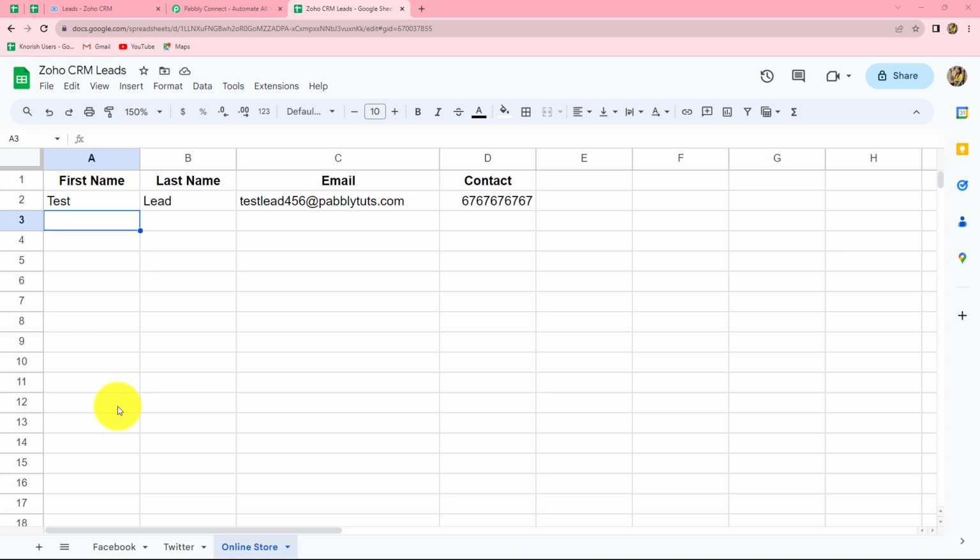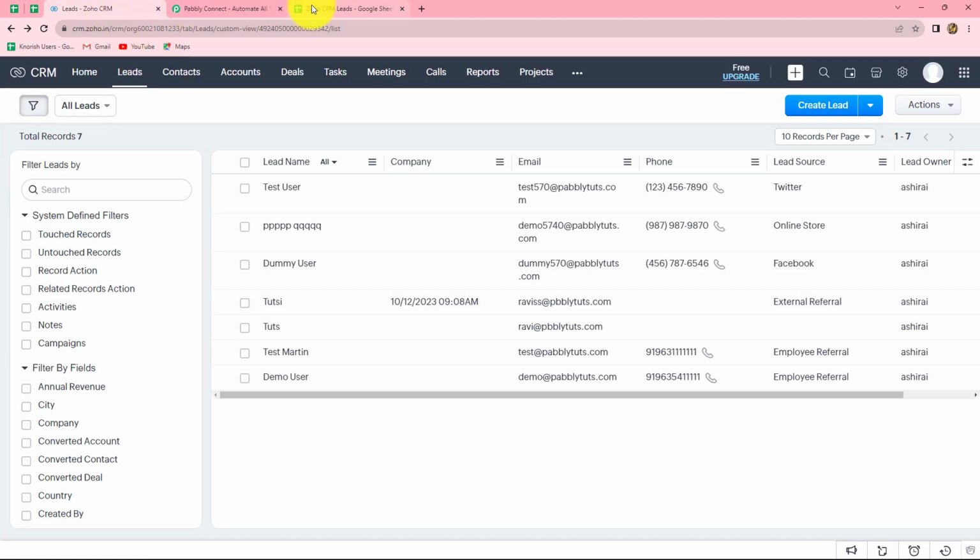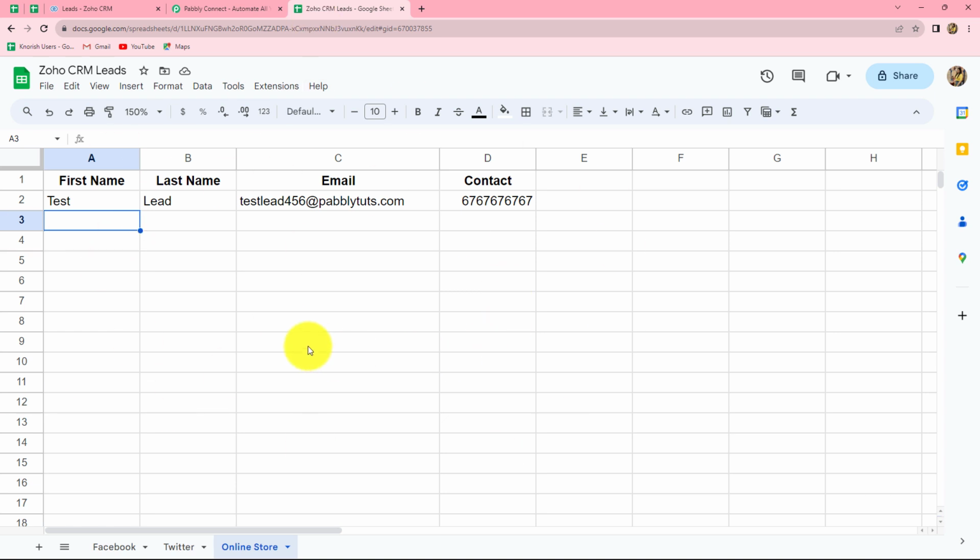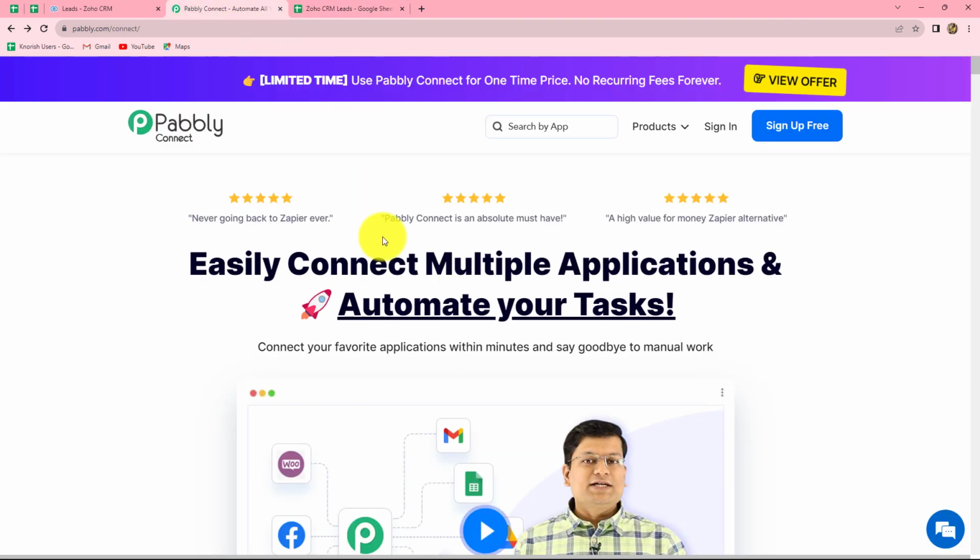In this video, we are going to learn how we can automatically create leads in Zoho CRM by using Google Sheets with the specific conditions. Okay, so in order to automate this entire process, we will have to integrate Google Sheets with Zoho CRM, and for that I am going to use Pabbly Connect, which is an amazing automation and integration software. Now here, this is the homepage of Pabbly, where we can reach directly by typing pabbly.com/connect, this URL in our browser. Once we reach this homepage, we can find two options here, sign in and sign up for